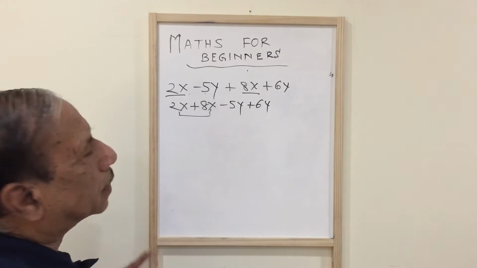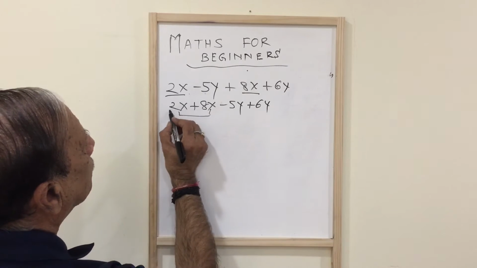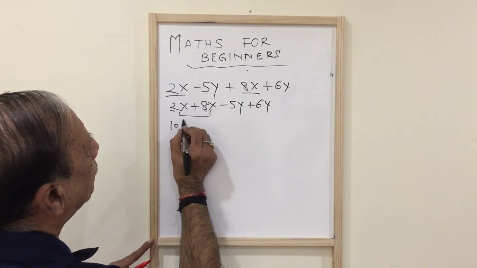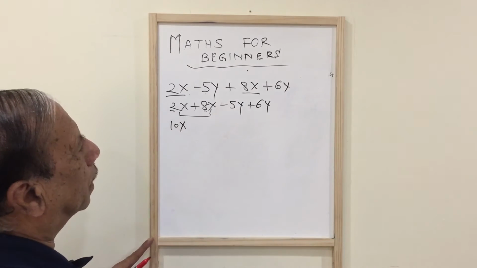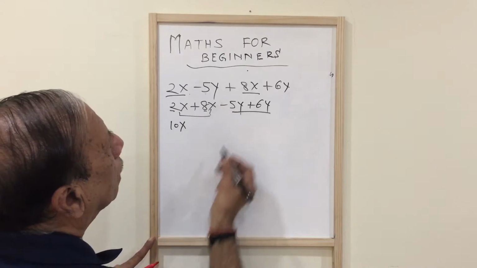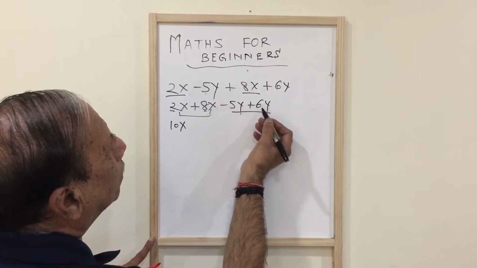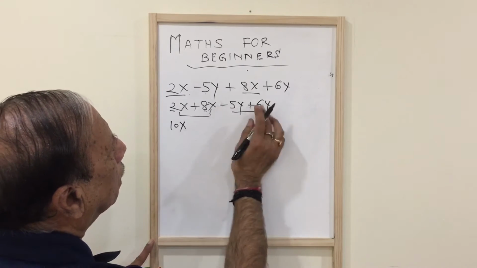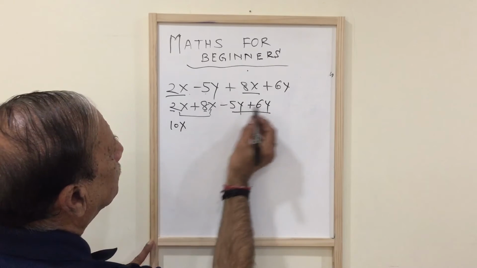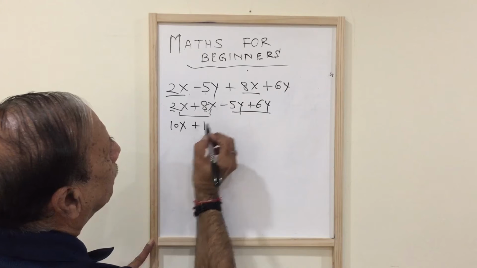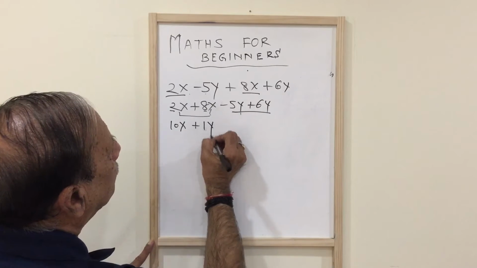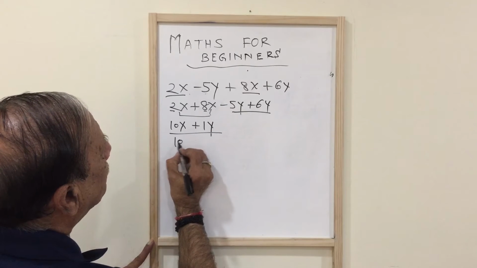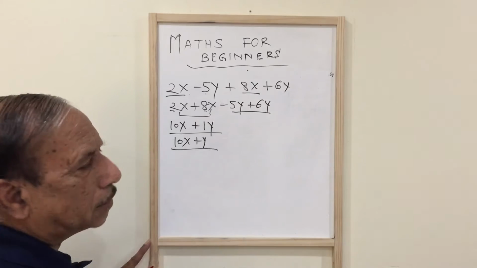So in this, x is the same variable and 2 and 8 are the coefficients. You have to add 2 and 8. That comes to 10. And then x is the same variable, you put over there. In the second case, y is a variable and minus 5 and plus 6. So you have to subtract 5 from 6 because 6 is the bigger one. So it comes to plus 1 and y is the variable you put. If you want to write 1 also, it is the same thing. So it is 10x plus y is the answer for this.